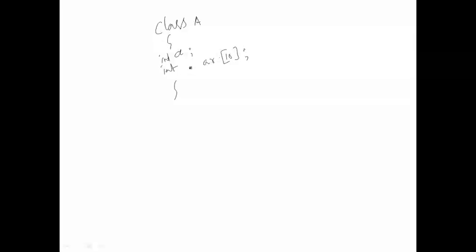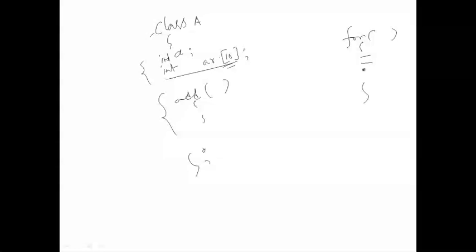This can be part of the class data members, and we can have member functions, like add. So the array will be manipulated with a for loop or other loops dynamically, or can also be accessed manually,